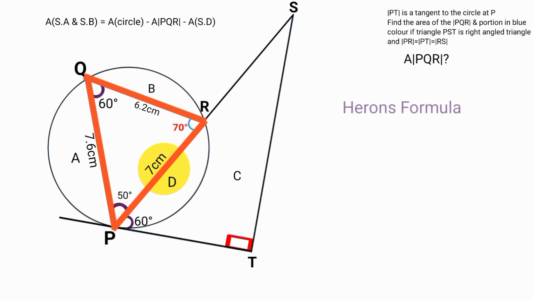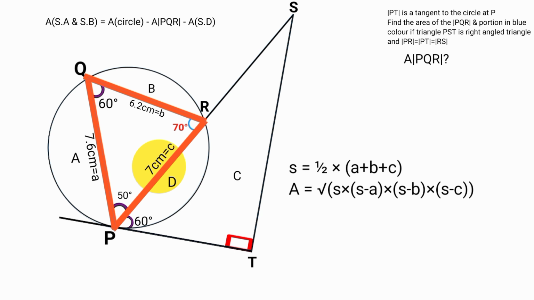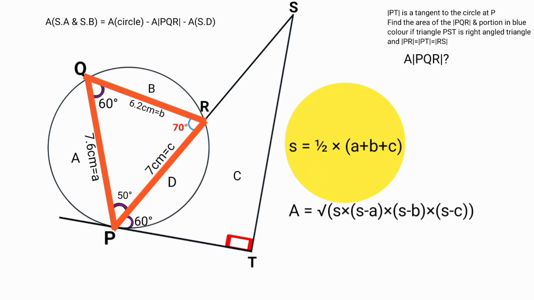Now using Heron's formula to find the area of triangle PQR. By Heron, if the lengths of the three sides of a triangle are represented by A, B, and C, and S is half the perimeter of the triangle, then the area must be equal to the square root of S open bracket S minus A open bracket S minus B open bracket S minus C. Now letting this here be A, this here B, and this here C, if you substitute here, S equals